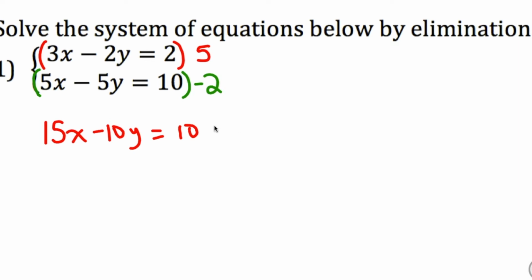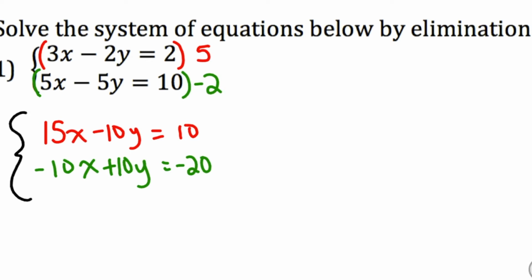Next, negative 2 times 5 is negative 10x. Negative 2 times negative 5 is a positive 10y. Negative 2 times 10 is negative 20. All right, now, if you get to this step right here, and one of your variables will not